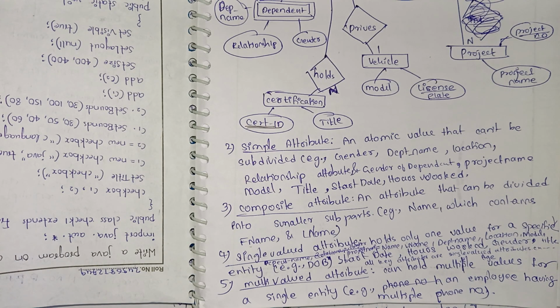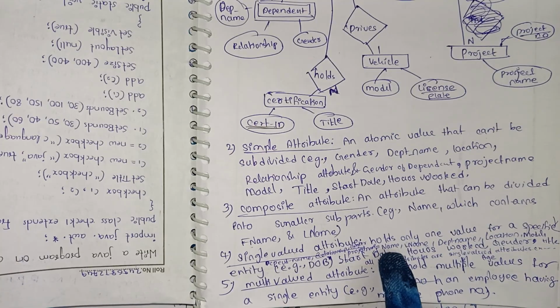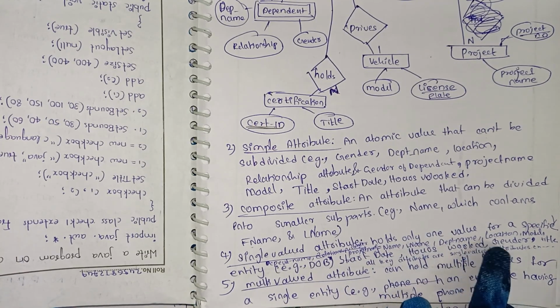So each employee has a unique primary key value. That means a unique key identifies each row in the table uniquely. So all key attributes are single valued attributes, means each primary key holds only one value for a specific entity, like in this case employee. Okay, and dependent name, relationship, gender, project name, first name, last name, department name, location, model,